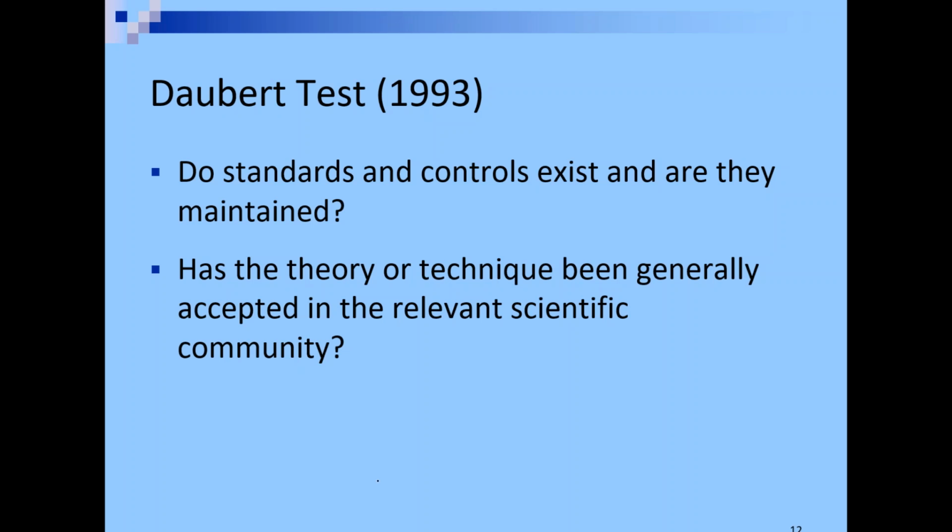All right. So Daubert continues the question. They have 5 questions as opposed to the 3 with Frye. Do standards and controls exist and are they maintained? Okay, standards and controls. This directly relates to the third question of Frye. It's clarifying what it means by has the technique been applied correctly. To demonstrate a lab is doing the method correctly, they need to regularly run standards and controls and show that those standards and controls are producing the answers that are expected.